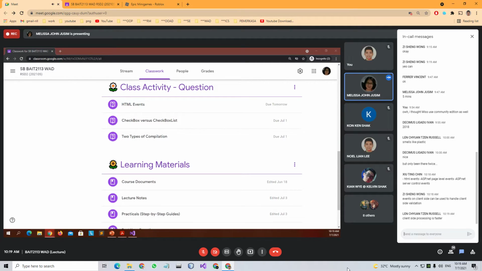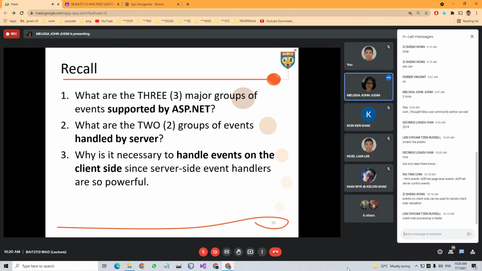Right, so let me go back to my slide. Basically, the three major groups are the HTML event, ASP.NET page level events, and also the ASP.NET server control events. So out of these three, the two groups of events handled by the server, definitely number two and number three, which are the ASP.NET page level events and ASP.NET server control events. And number three, yes, just now Wong answered.